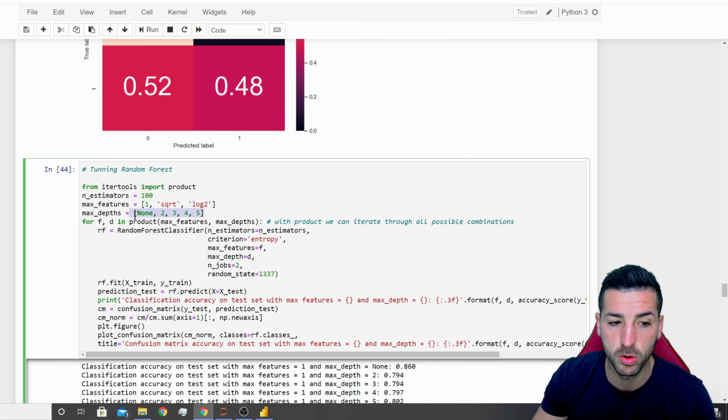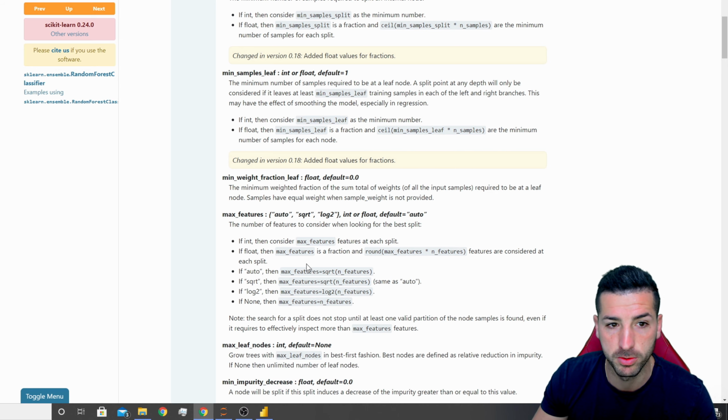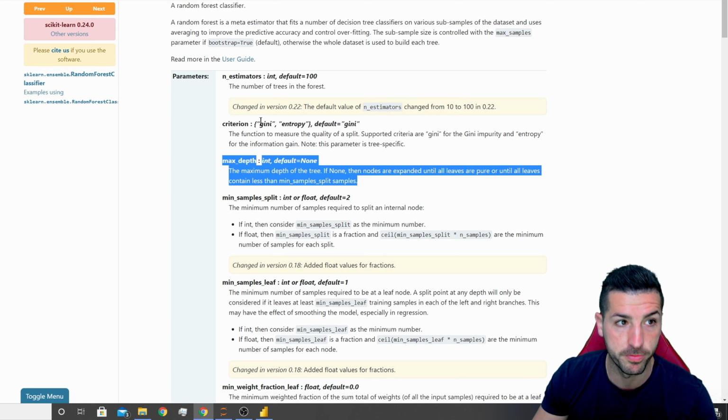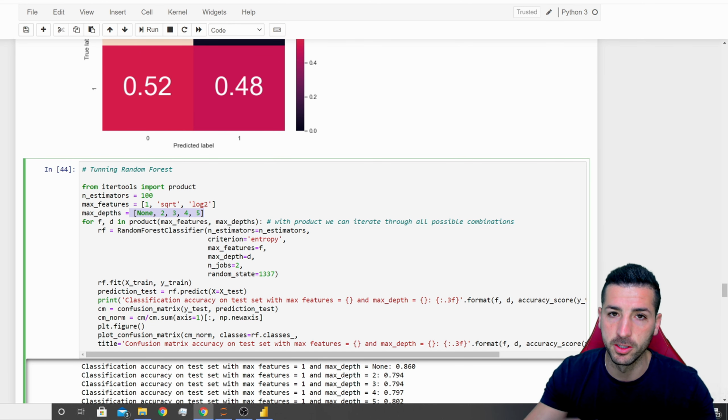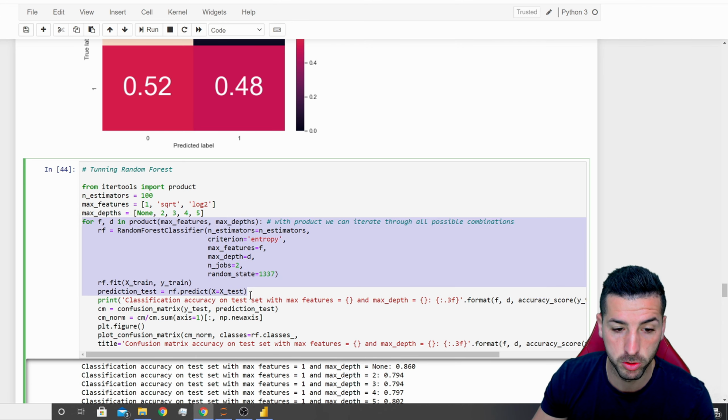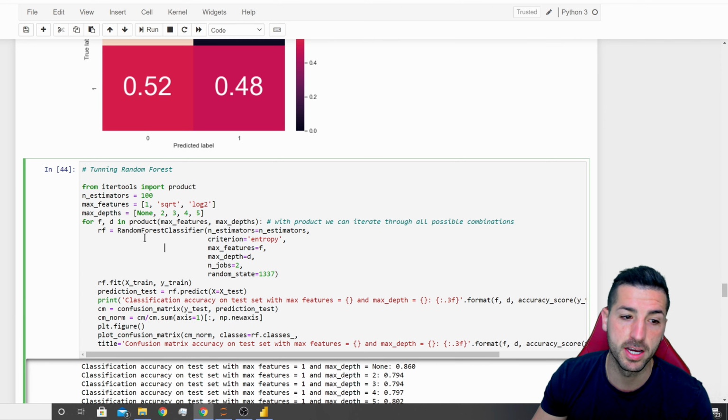This is to control overfitting, and you can read about it in the documentation again, which is over here: the maximum depth of the tree. If you leave it as None, then it's going to expand all the way until it uses all the variables. And then this is where I have my for loop. What I say over here is: for f and d in product of max features and max depths, so f represents max features and d represents max depth,